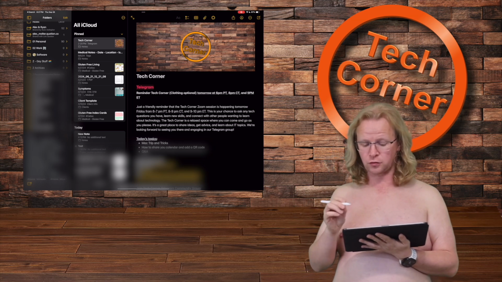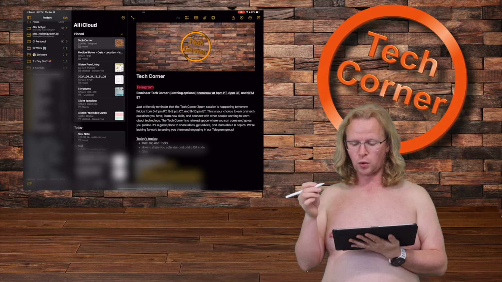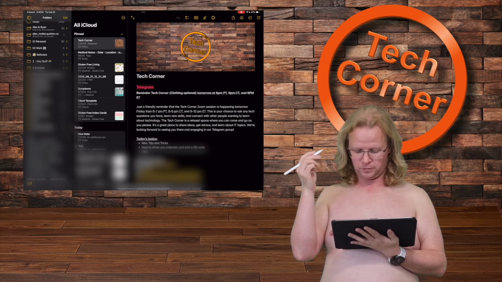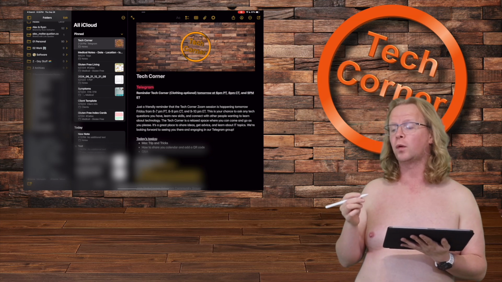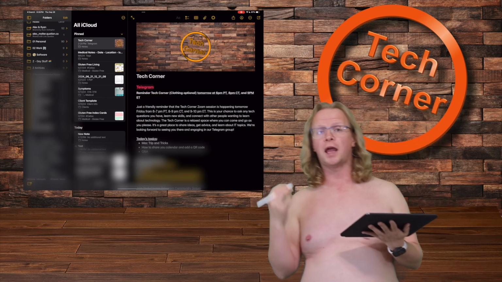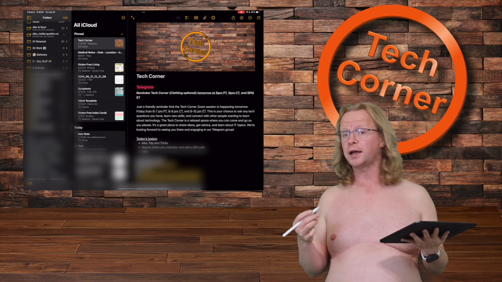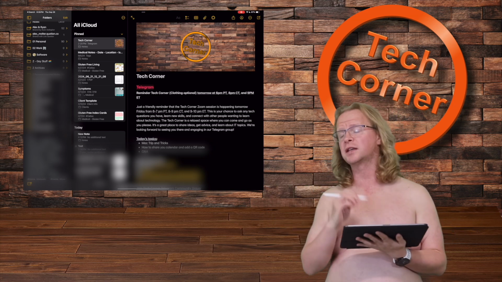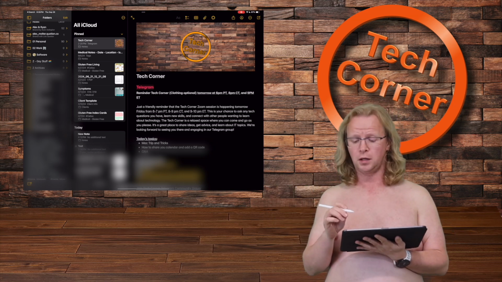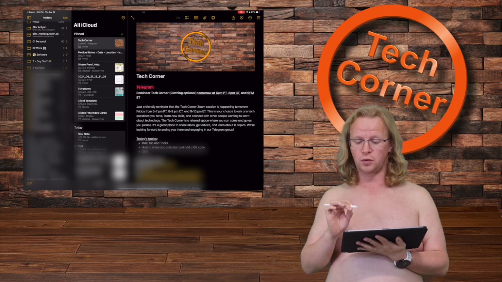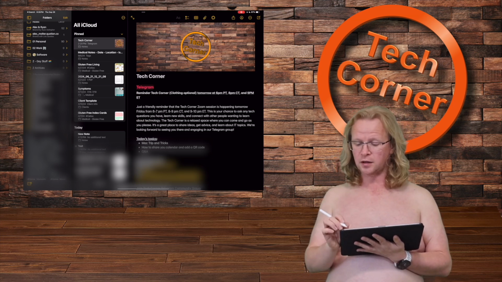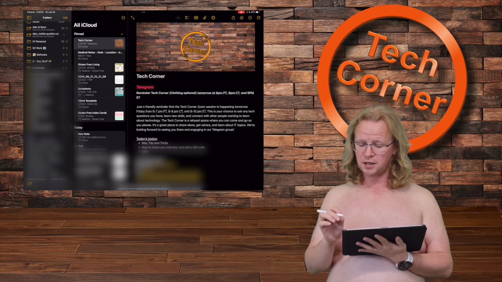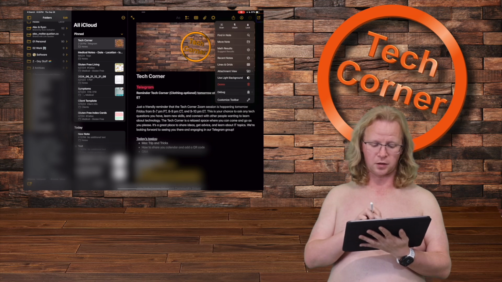The other thing you can do, which is really cool, is you can actually lock notes. Now, you can lock the whole entire Notes app, which is great, but if you want to add an extra layer of security, you can lock the note itself. To do that, you go to your note, click on the three little dots, and then you'll see an option that says lock. If you click on that, type in a code,